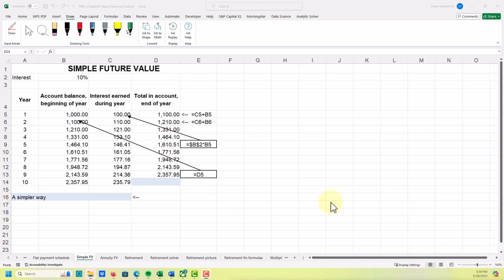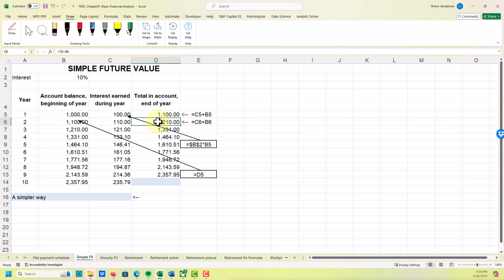a previous video. So in this first spreadsheet here, titled Simple FV, or Simple Future Value, we have this situation where we have $1,000 that was invested at the beginning of a year, and the rate of interest on this $1,000 deposit is 10%. So the interest earned during the first year is $100, which is 10% of the $1,000. So at the end of the year, we have $1,100. At the beginning of the next year, then, we have $1,100, and we're going to earn 10% on the $1,100 now. So at the end of the year, we have